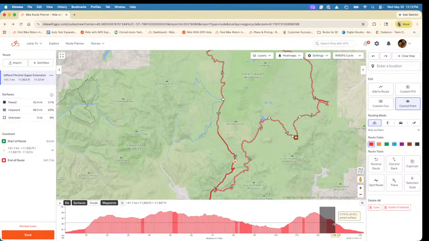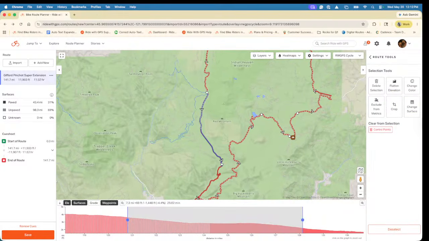Once I let go, the route planner zooms in a little bit, shows the section that I've highlighted in blue on the map so I can see it a little better, and automatically reveals some of my selection tools. The specific one I'm going to show you is delete selection. This is a premium route planning feature. When I click delete selection, it's going to leave my route the same, except it's going to get rid of the portion that I've highlighted